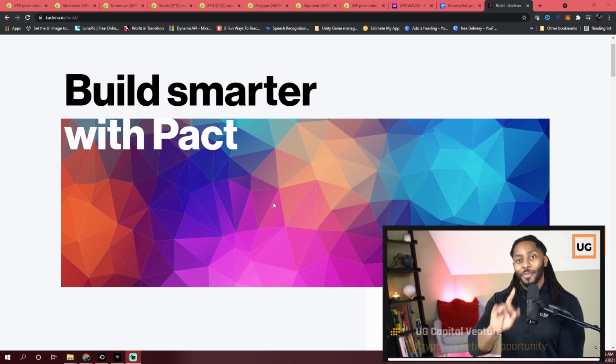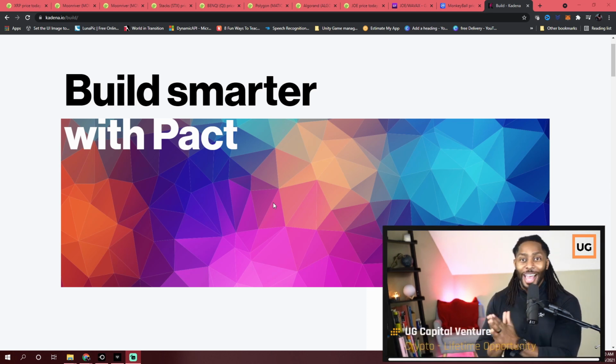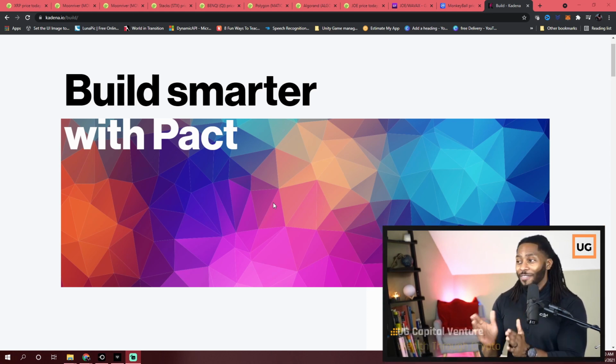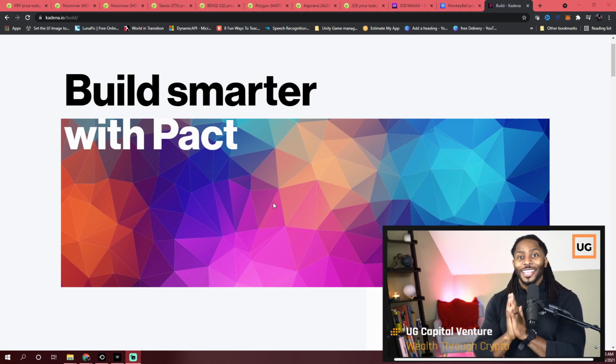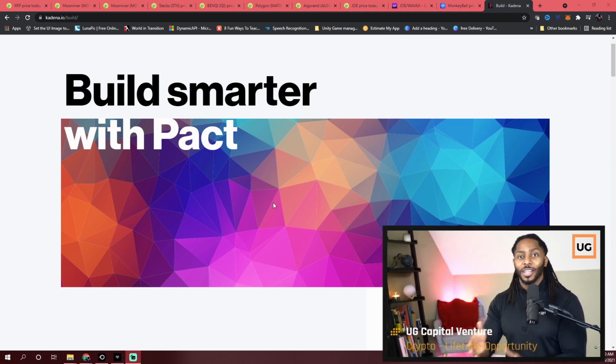Now, one thing that's important about that, especially it being proof of work, is that the SEC has deemed Bitcoin to not be a security, which has its own benefits. You can do your research on that, but there are infinite benefits. So Bitcoin has managed to do this, and the good thing about Kadena is that it's proof of work like